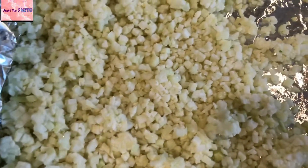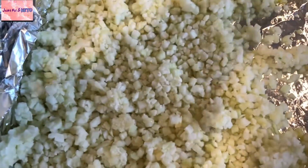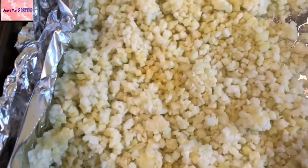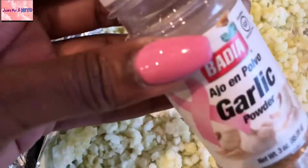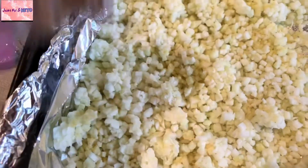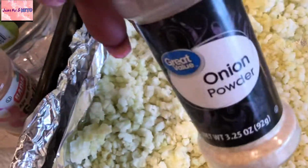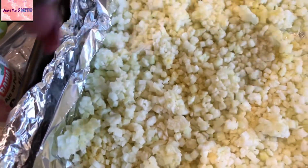Once we have our cauliflower rice in our pan, we're going to start adding some of the seasoning. I'm using Goya adobo, garlic, onion powder,